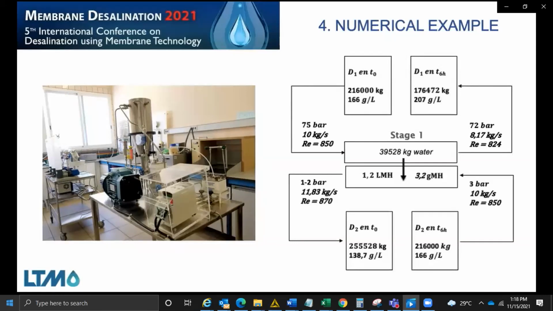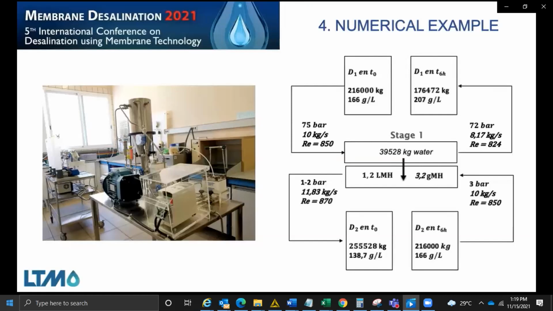At this stage, the brine contained in tank D1 is concentrated from a concentration of 166 grams per liter to a higher concentration of 207 grams per liter by regulating it through the high pressure side of the Suaro unit, where it is pressurized up to 75 bar. On the other hand, the low pressure chamber is fed with a solution of 166 grams per liter of sodium chloride. In other words, the feed is concentrated and the osmotic solution is diluted. This process is repeated in each step of the system until the last stage, where the water can be recovered from the diluted solution by means of a